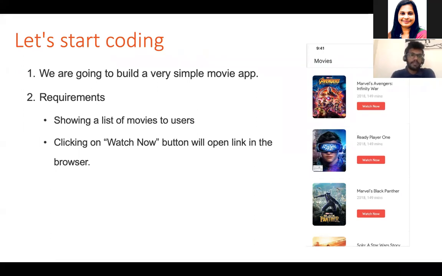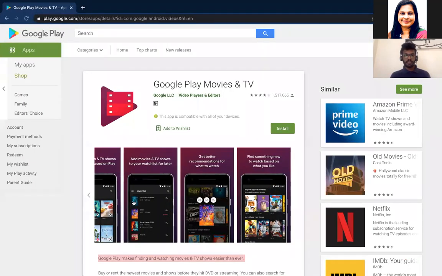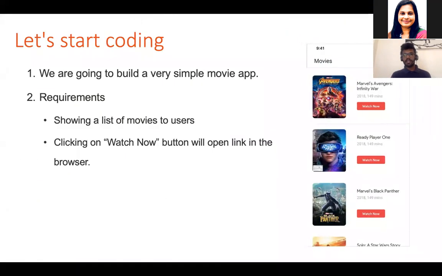So guys, we're going to build a small mobile app, but it seems to be very impressive, because you have seen the Google movie app. If not, I will show you something like this. It provides movies that are available on the internet, and you can pay and watch them. So we are going to build something like that within this hour. We are targeting the app to be built in this hour. So that will be much more interesting for you guys.